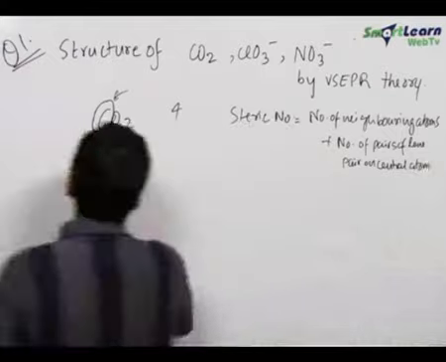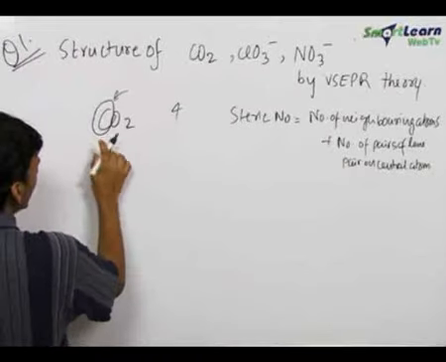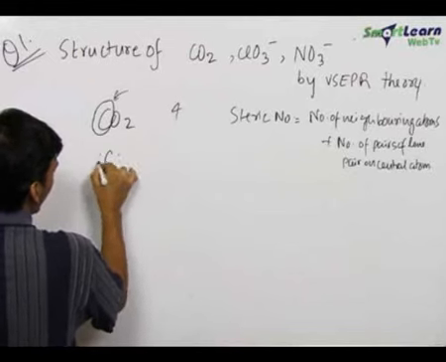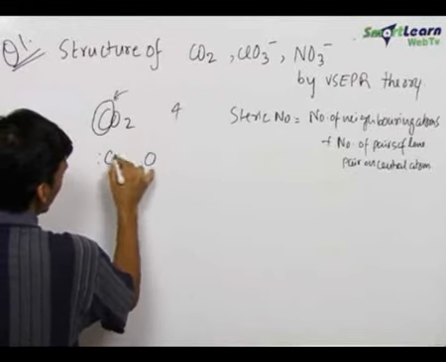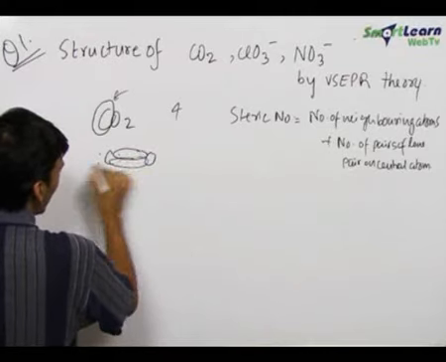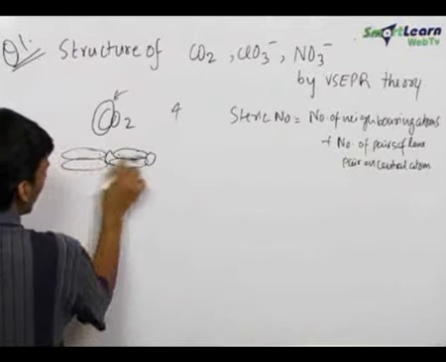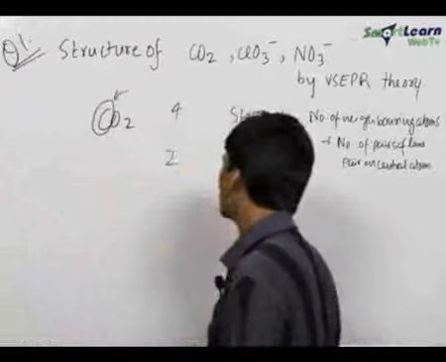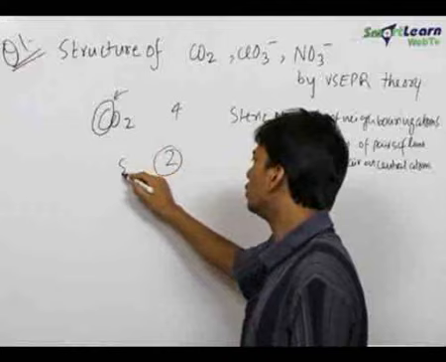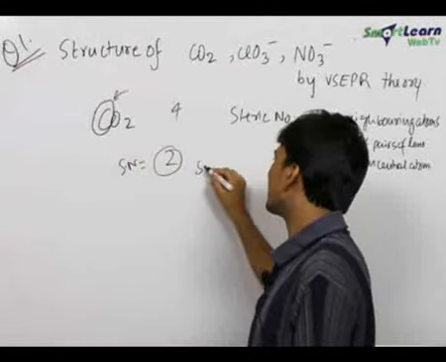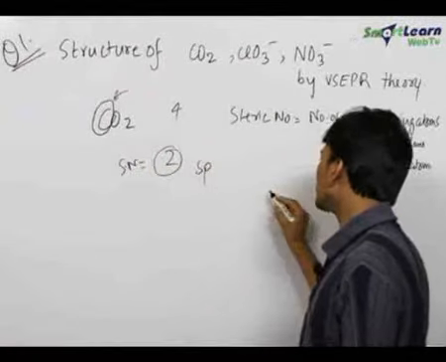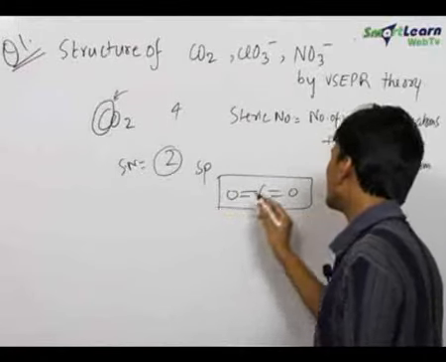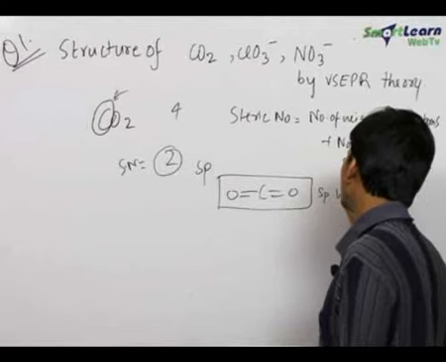Therefore, in this case, we know that the number of neighboring atoms for carbon is 2 and the number of lone pairs is 0, since it has 4 and oxygen requires 2 more electrons to complete its octet. Therefore, it takes this electron. So, all these 4 electrons are occupied. Therefore, there is no free lone pair. Therefore, the steric number comes out to be equal to 2. Now, we know that for steric number equal to 2, the hybridization is sp. Therefore, the molecule is linear. Therefore, we can write the structure of the molecule as this is a linear molecule with sp hybridization.